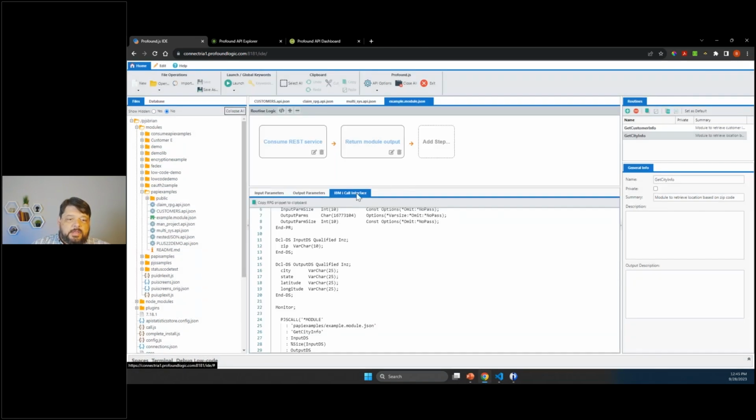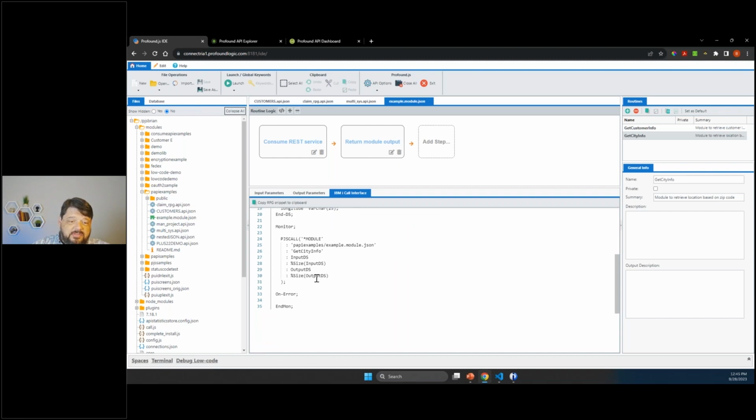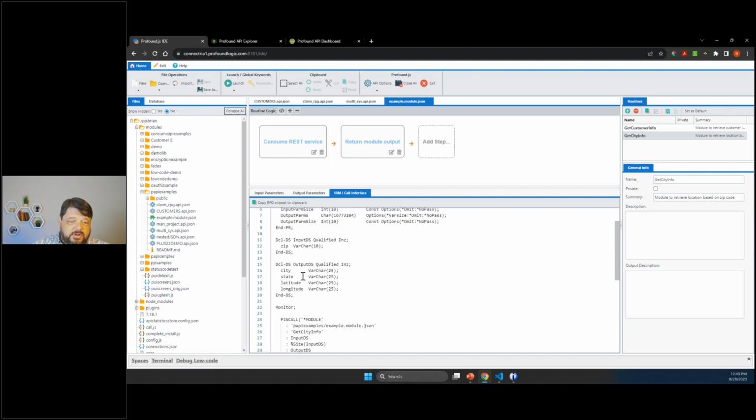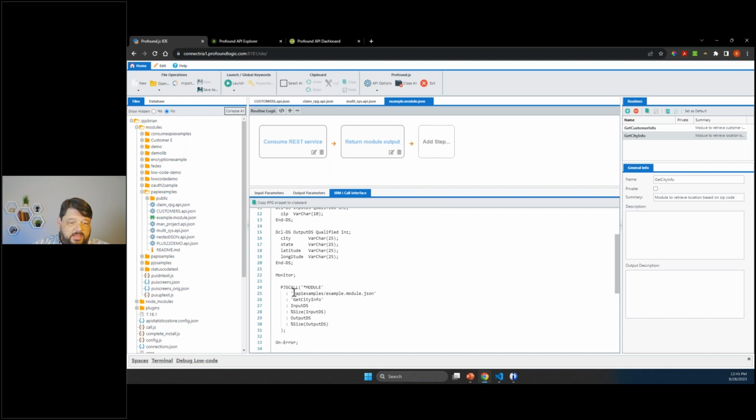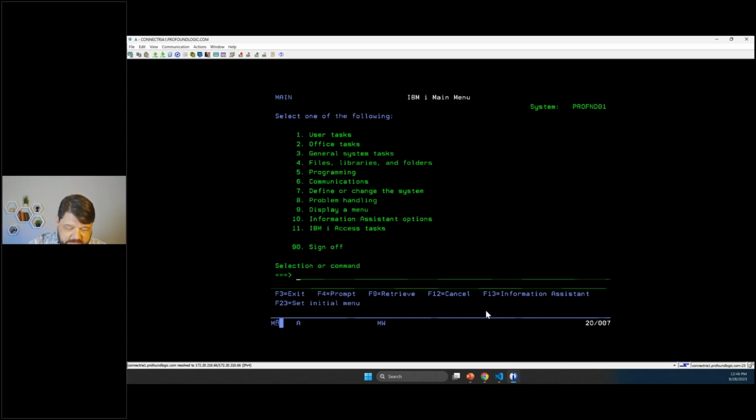And again, the call interface is pretty much the same. The only thing that's different about the call interface is the input and output data structures, and then the routine that we want to call. But again, from the green screen, once I do these two low code steps to call an external API and then load our output parameters, I can come back here and we can call that. And so now I have a green screen for it as well.